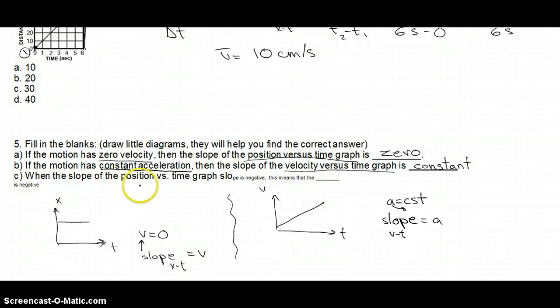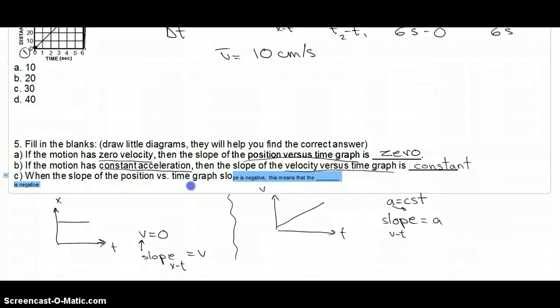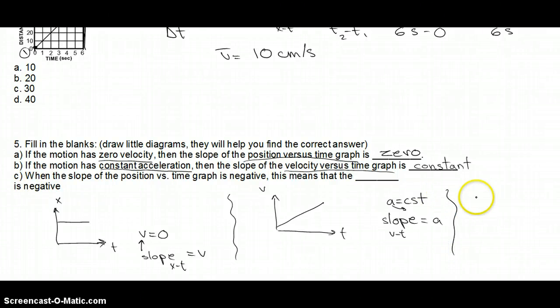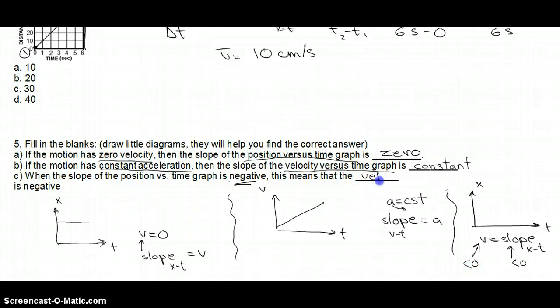And finally, when the slope of a position versus time graph is negative, this means that who is negative? Well, the best is to think. We need to think. What is the slope? Pardon me for that. What is the slope anyway in the position versus time graph? In the position versus time graph, we can find the velocity from finding the slope. So, if the slope is negative, then the velocity must be negative. And it would be inclined